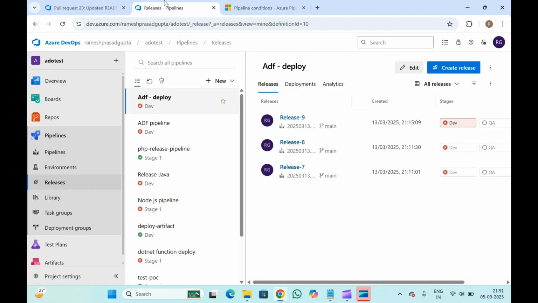I'll be creating a multi-stage release pipeline which will deploy the same artifact in multiple environments, one after each other in sequence or maybe in parallel as well. Okay,